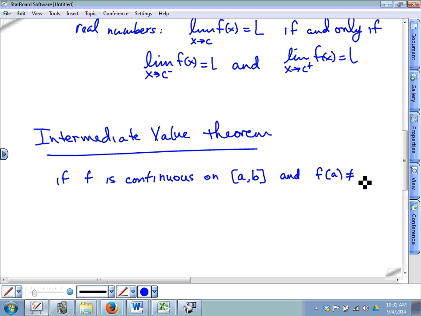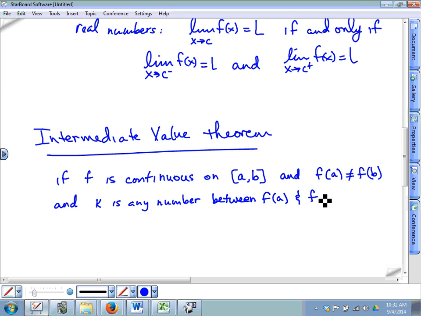and f of a does not equal f of b, and K is any number between f of a and f of b,